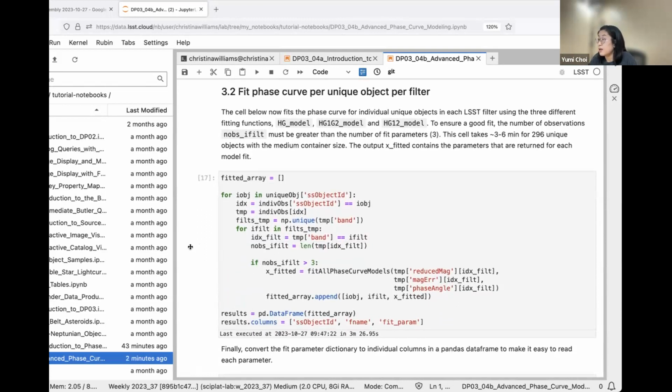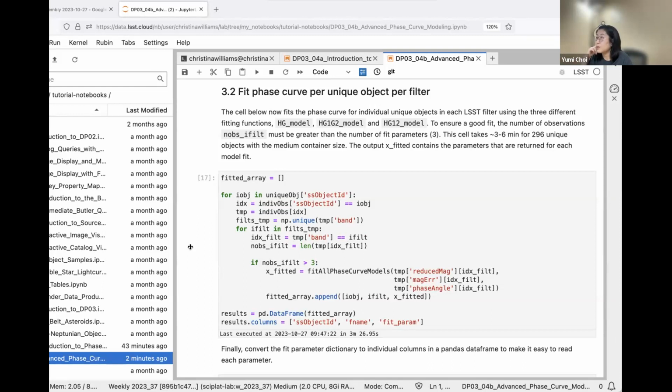This cell usually takes like 3 minutes. Sometimes it took 6 minutes in my tests. This is why we limit our unique objects to the main belt asteroids that have more than 2,000 observations. Otherwise, the fitting part will take really long.